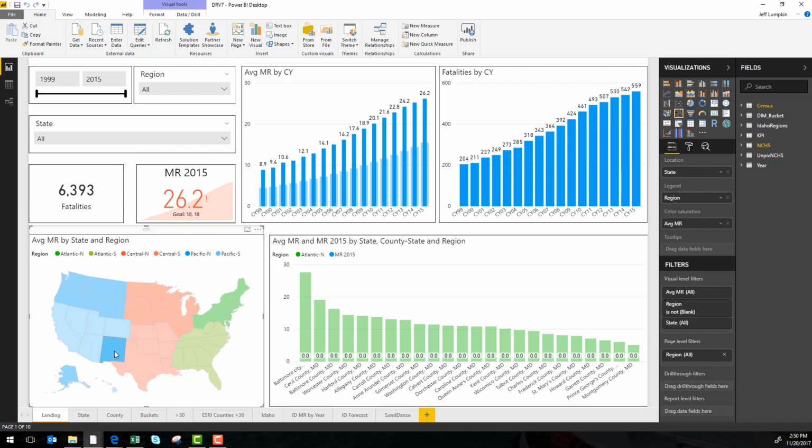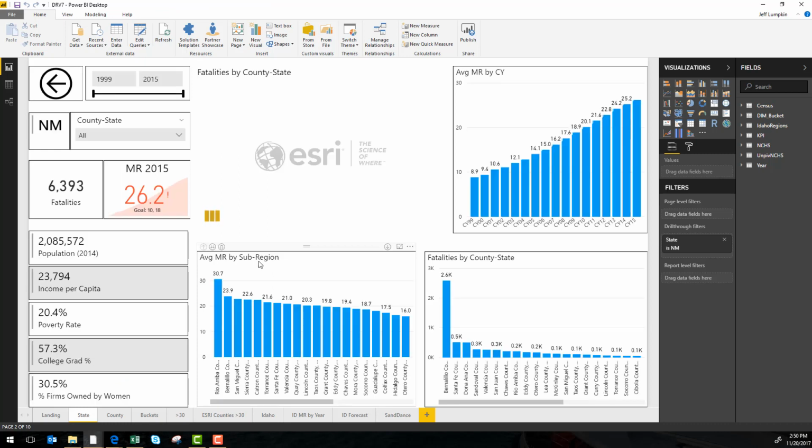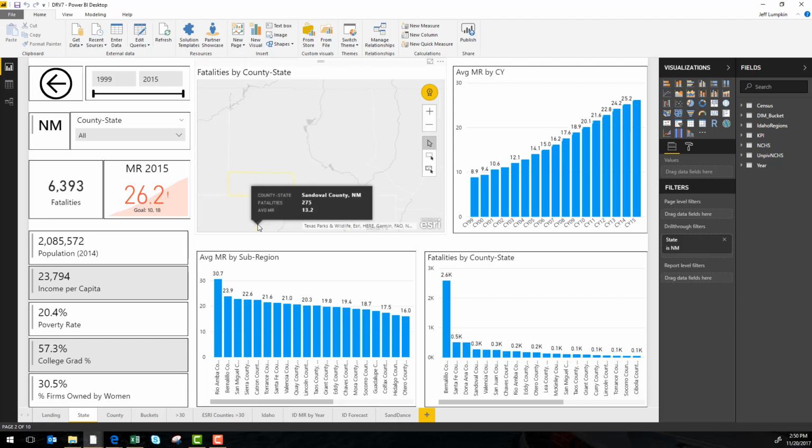Now, if I want to learn more about New Mexico, I'm going to use a recently added feature to Power BI, which is the drill through functionality. So I'm going to drill through to the state page, and it's going to bring this New Mexico value with me. So looking now at New Mexico, what I've done is I've added some more information to this data model